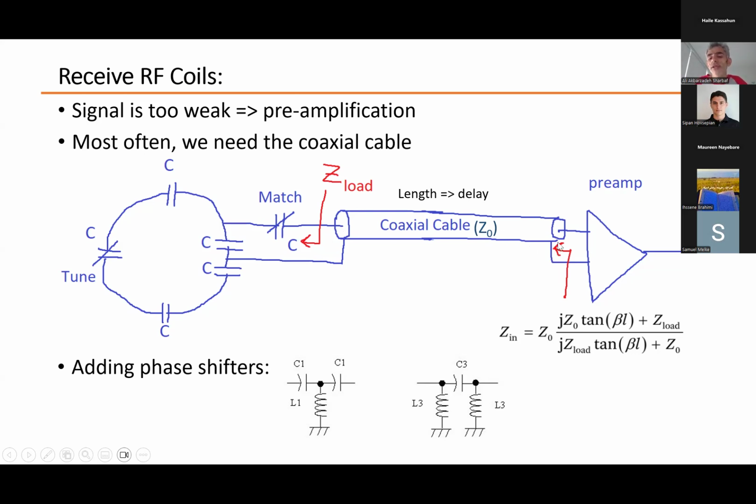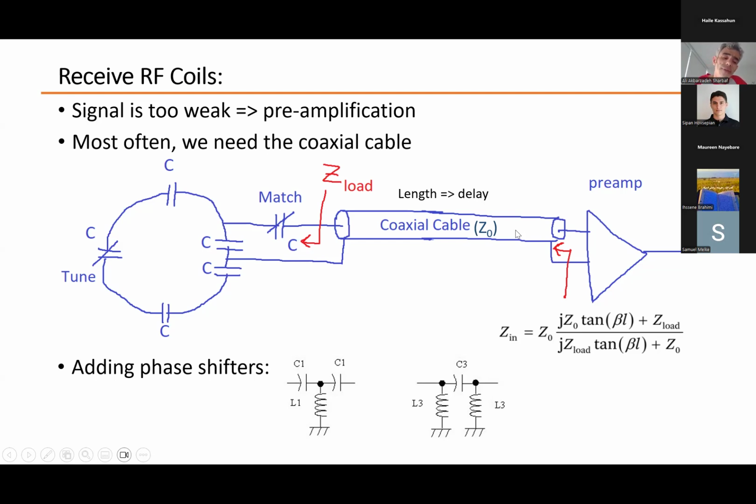So the signal that comes here has a different phase compared to the signal here. And we have to fix it. We have to have the same phase here as here. So we can do two things. One thing is to use the appropriate cable length, so we have the same phase. We experience no phase shift inside the cable,